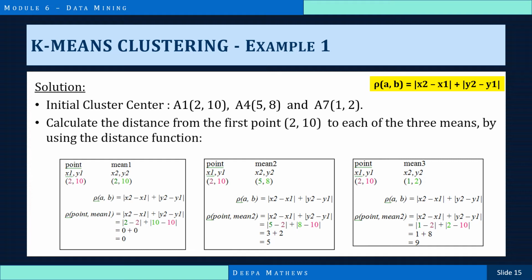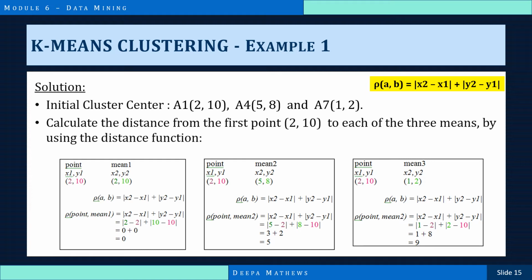Now we need to calculate the distance from the first point to each of the 3 means using the distance function. That is, we need to calculate the distance from 2,10 to 2,10, then from 2,10 to 5,8, then from 2,10 to 1,2.